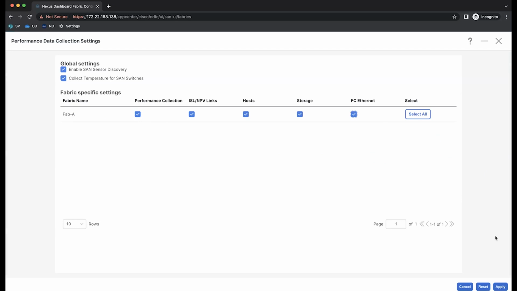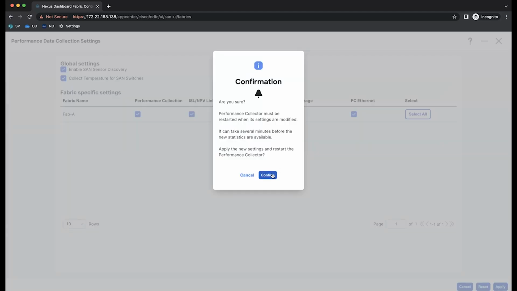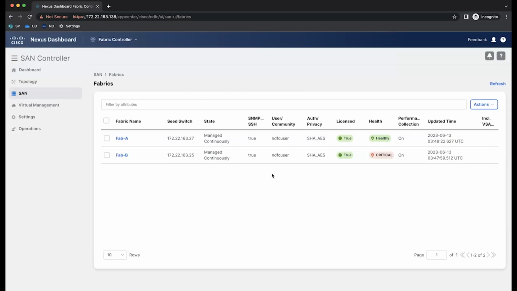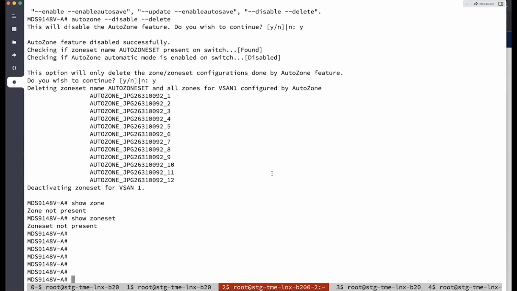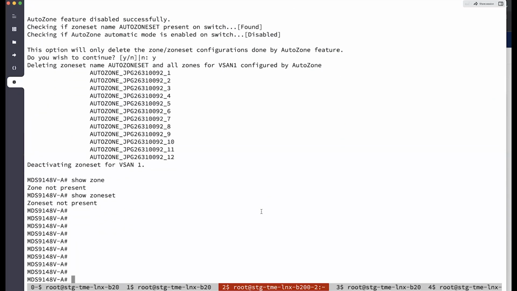In one of the releases, we will enable it by default, but right now it's not. So you should enable that and confirm, yes. And now I think let's just go back to the CLI because it takes a few minutes for NDFC to start discovering the switch. So we were here, and I think the next thing I want to do here is